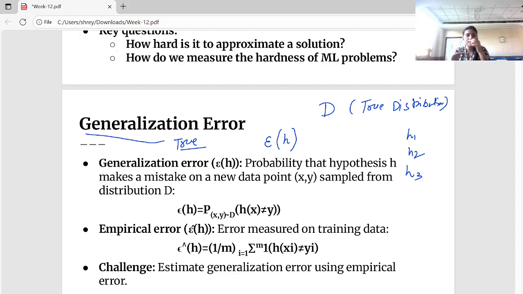So here also we are defining this error, the generalization error, over this true distribution. So what is generalization error? That's why it is written epsilon for hypothesis H, because you have to have some model so that it can approximate this data. So for the hypothesis H, the generalization error epsilon is defined as